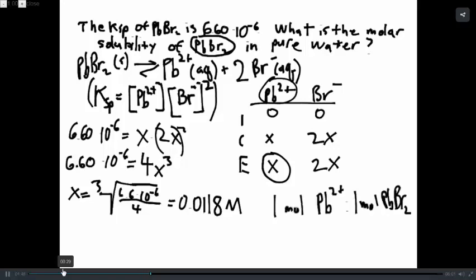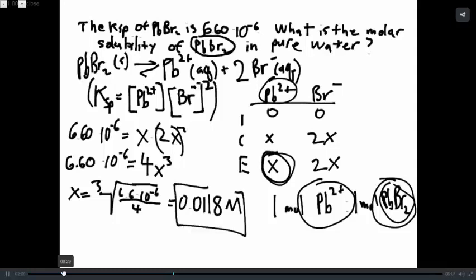So because of this 1-to-1 ratio, because if 1 mole of the compound is dissolving, and also 1 mole of lead is therefore in the solution, therefore the molar solubility of this stuff is the same as the concentration of lead in the solution. So this value that we found is our answer, but just be careful for situations where x might not be